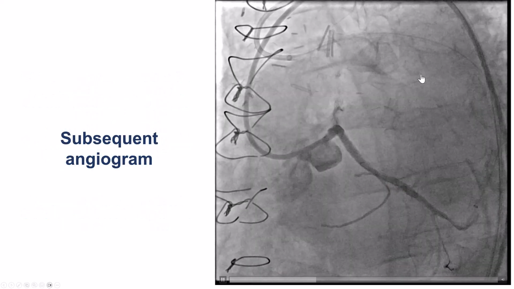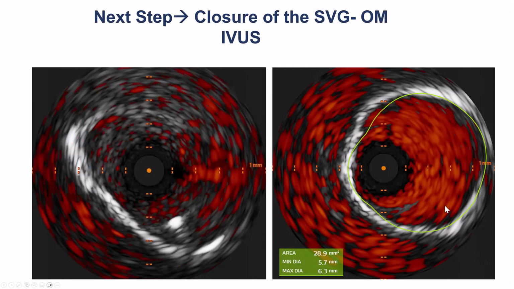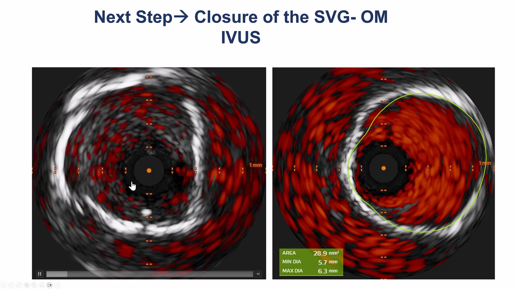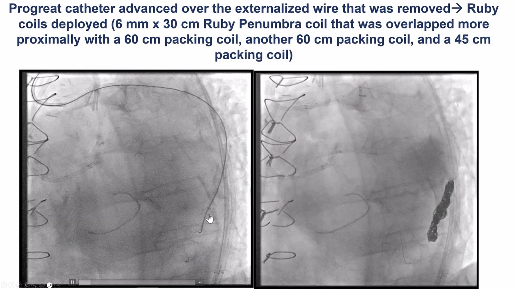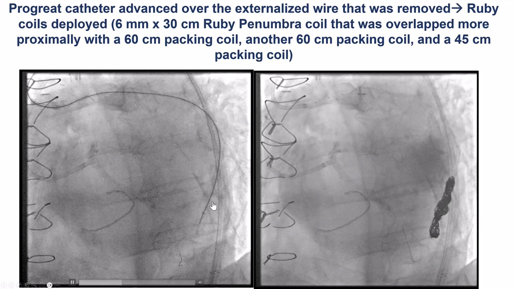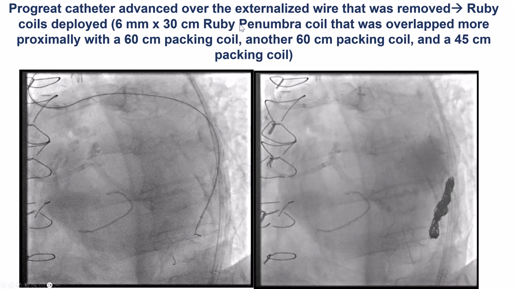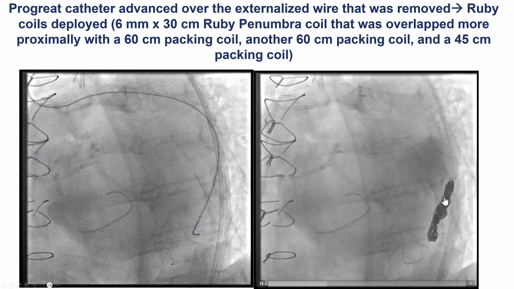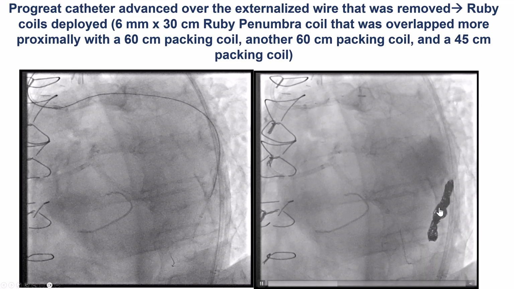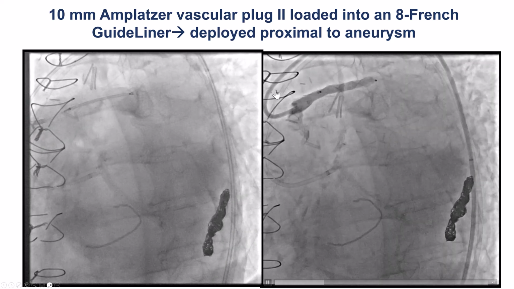And for this one, we were able to get through, use a guide extension, recanalize the native vessel, and now we want to achieve occlusion of the saphenous vein graft. Once again, it has to happen both distally and proximal to the aneurysm. So we first went to the distal part, distal to the aneurysm, and we used a microcatheter and delivered several coils. And this graft was fairly large, so we had to place a ruby, as we mentioned before, for the structure, and then several packing coils proximal to it to occlude the distal portion of the graft, and this looks good here. But then we still need to close the inflow to the aneurysm, and this was done in this